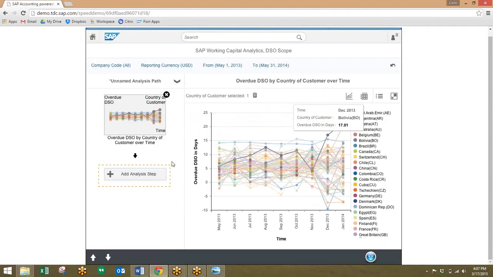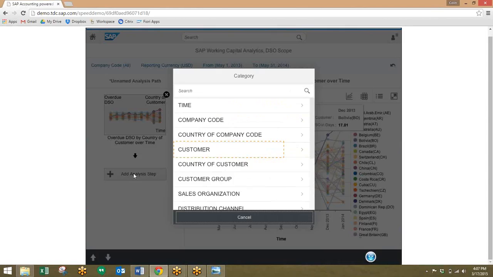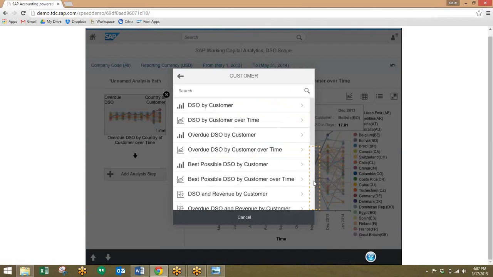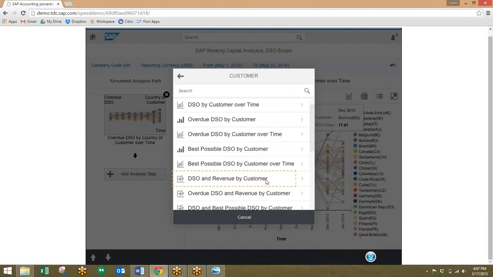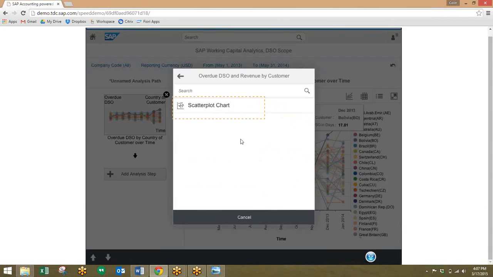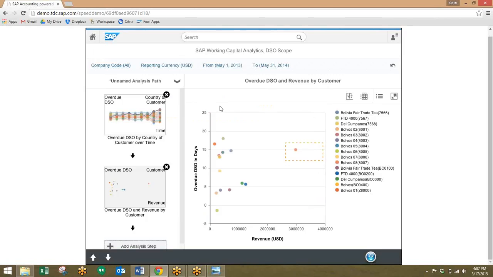And from here we can add another step to our analysis path and help clean this up a little bit so it looks a lot less messy. And so from here we can go and add in a customer and scroll down. We can look at the days sales outstanding and revenue by customer. From here we can turn this into a scatter plot chart, where we can see it's a lot cleaner right